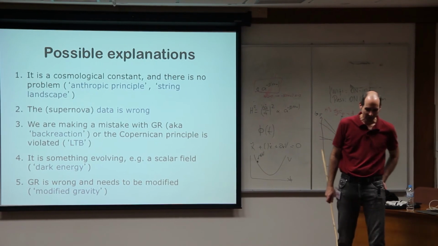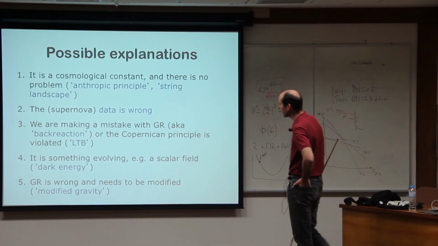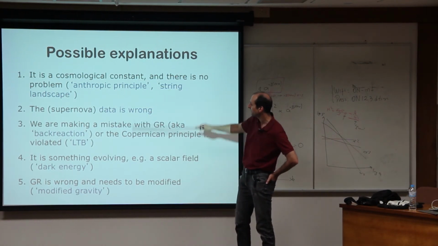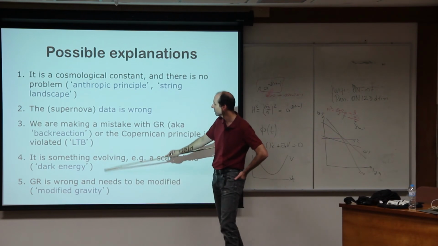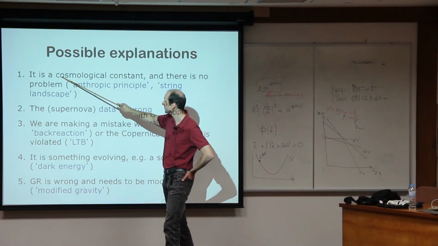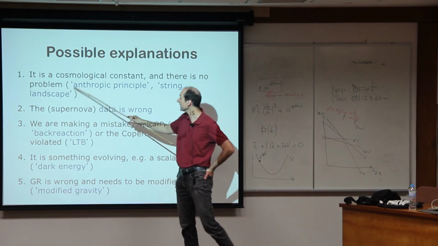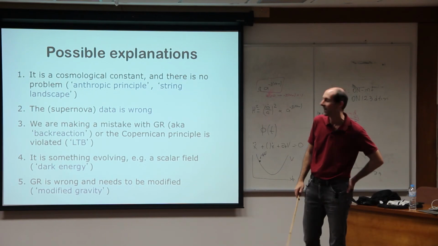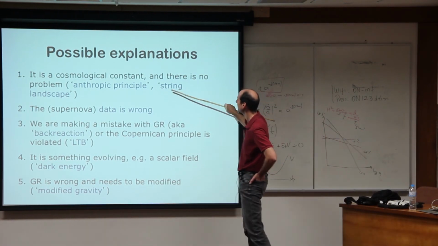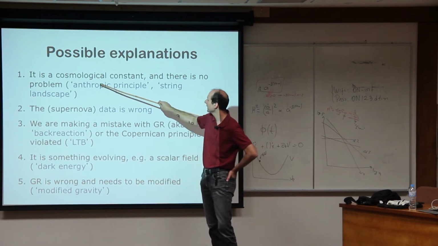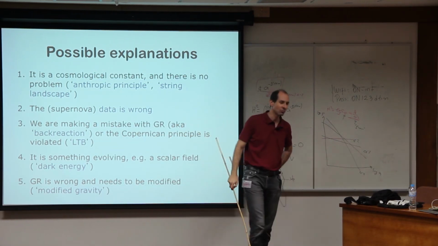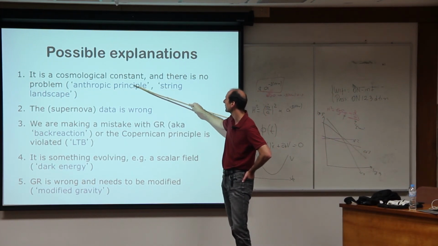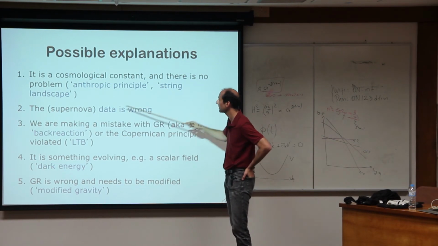Okay. And so at this point, maybe we can make a little list of possible explanations. Before we go to dark energy and modified gravity, here are some other ideas for what it could be. Well, it could be a cosmological constant, and there is some reason why it's small, somehow connected typically with having many possible choices, and us only able to exist in universes with a very small cosmological constant. So this is some combination of the anthropic principle and typically the string landscape.